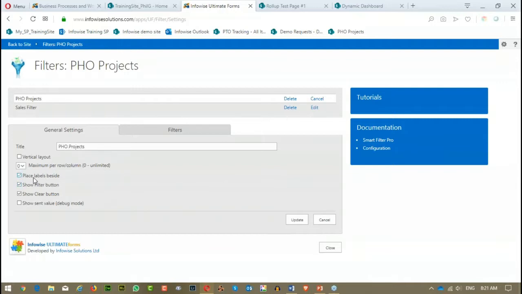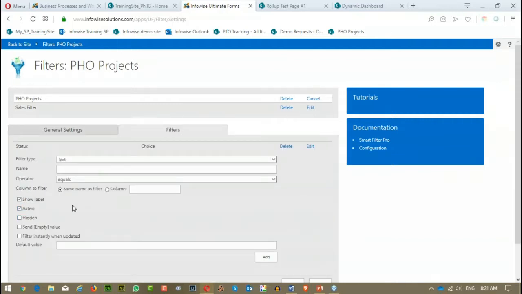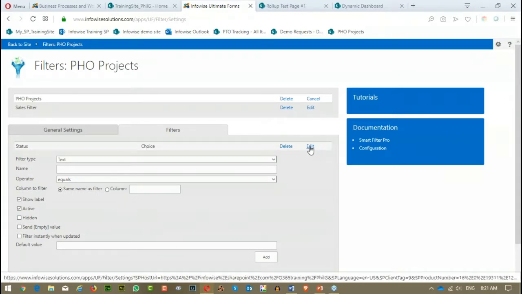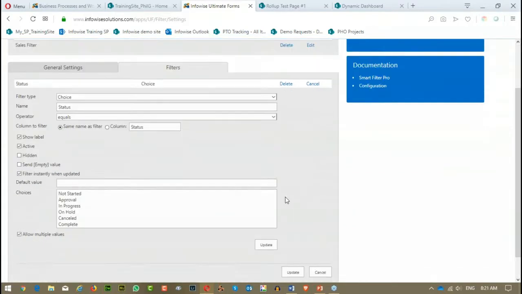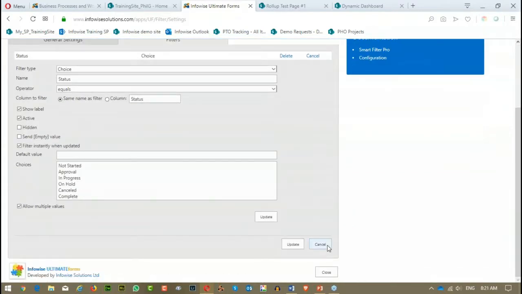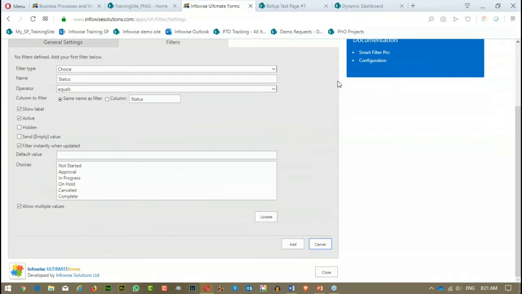The name is projects. I've got labels. I've got the filter button. I want to show the clear button. These are the things that I'm filtering. And it's the choice. I built in one filter, which was the choice, the status column, which is a choice column. And here are the choices that it holds. So we'll cancel that. We'll go back to